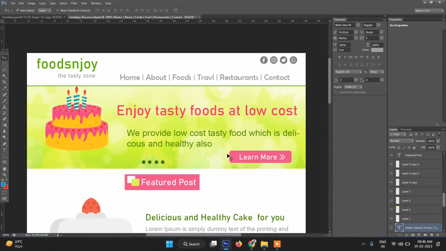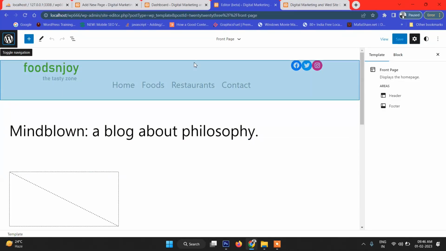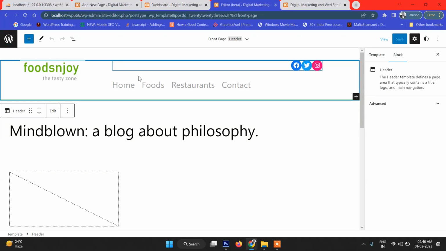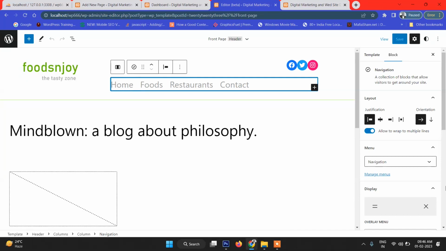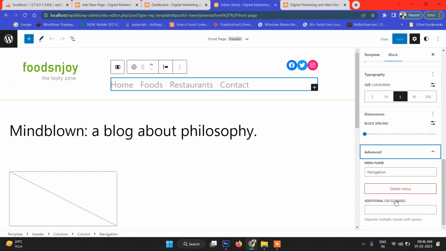One more thing, as a designer you might be wondering, the font is different, right? So how can we apply that also? Guys, that's not the end. What I'm trying to show you here is the basic thing. You can apply your class also. If you click here, you can see advanced. Always you will see advanced. In the advanced section you will see additional CSS class. So you just put a class like nav menu or top menu. Okay, and when you click on save,